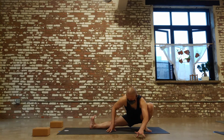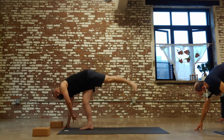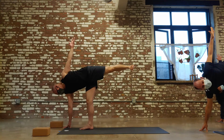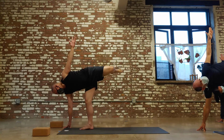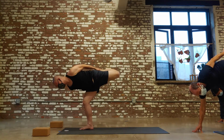With your hands to the floor for support, make your way back forward into half moon. So step the right foot down, right hand forward, about a foot, look up to right side, and come into your balance. If you're binding, bend your left knee, grabbing the foot. If you're binding with both hands,